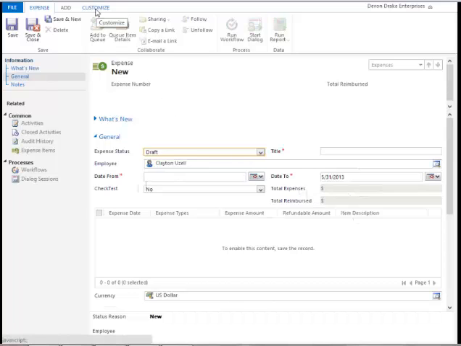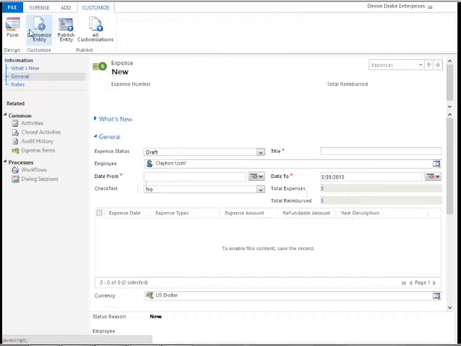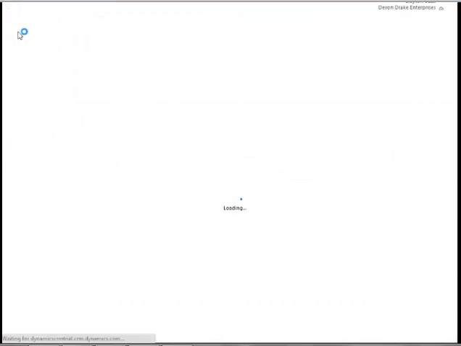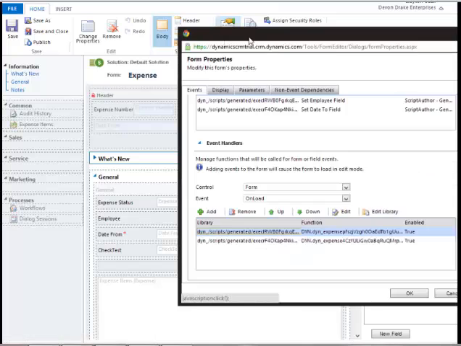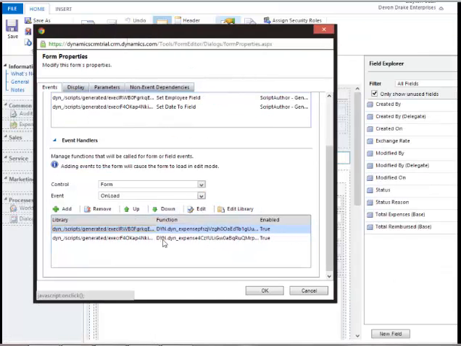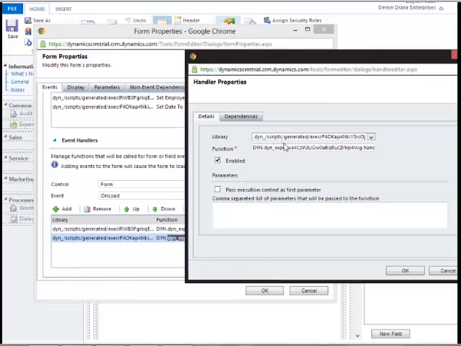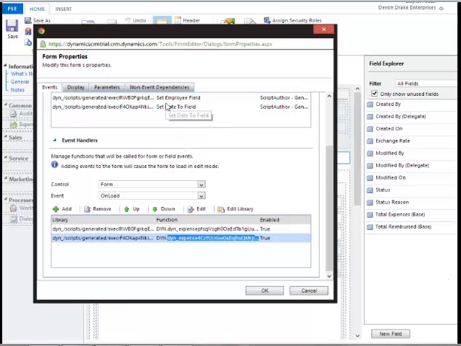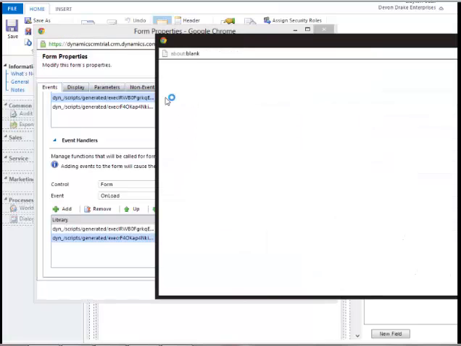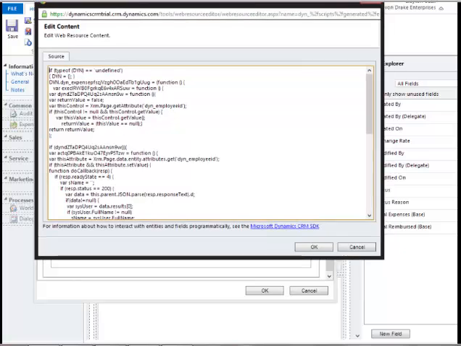So let's see what the web resources actually look like. If I go over to the customization of this form, and go into the form properties, you'll see here's my two scripts that were created. If I open them up, you'll see that it automatically creates a handle set date to field. And if we look at, say, the employee web resource that was generated,